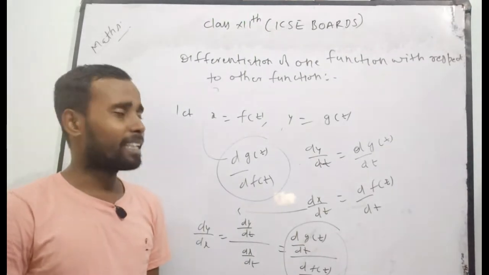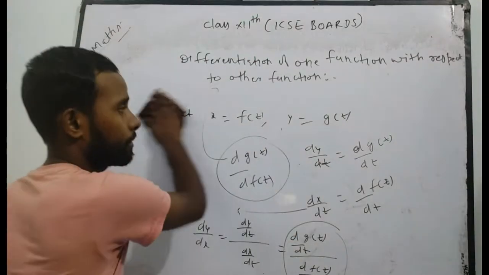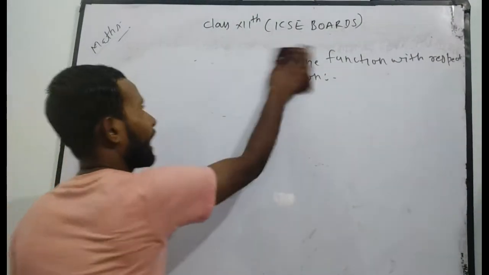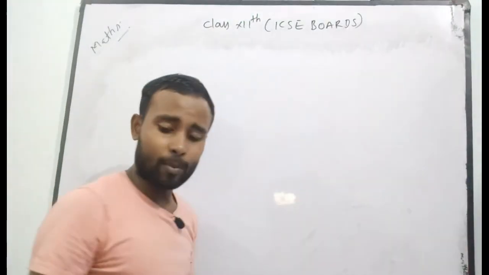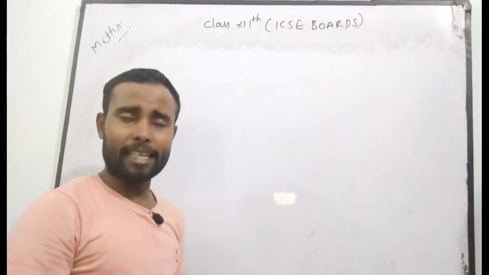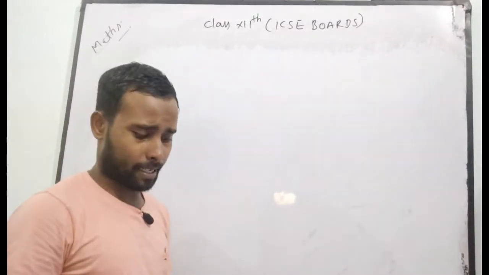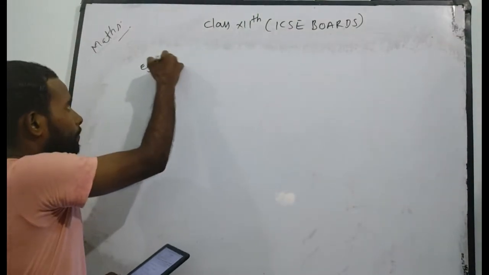Now if you understand, I am trying to solve some good problems. I will again tell you, sometimes there will be an alternate method to solve a given problem, sometimes a direct method. Firstly, write example 33.